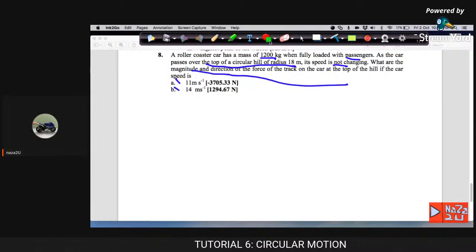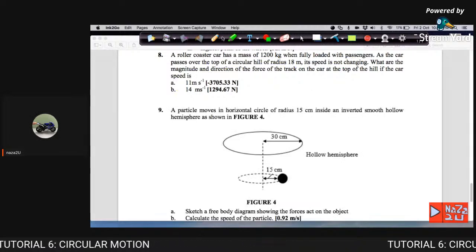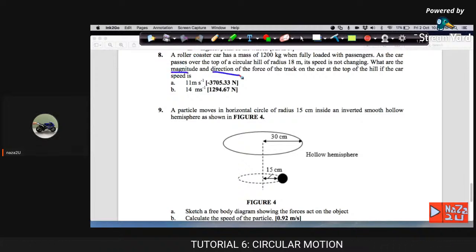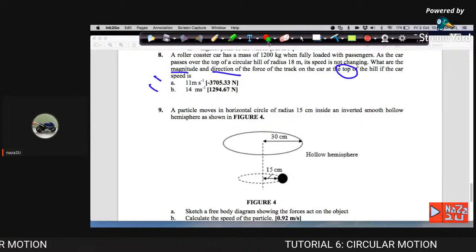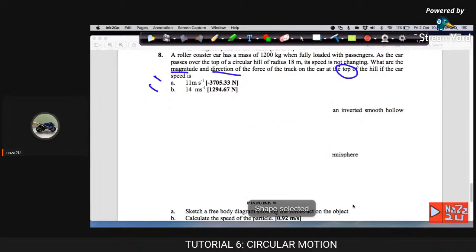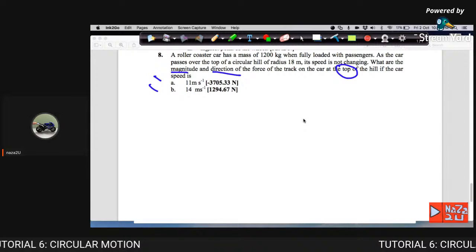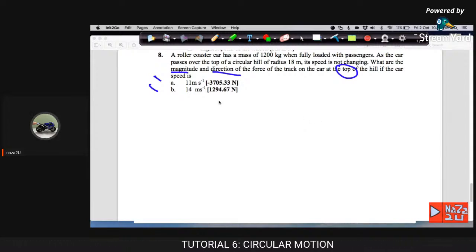Oh, ada soalan lagi kat situ ya. Okay. What are the magnitude and direction at the top, if the speed is 11 and 14? Oh, okay. Maksudnya kat sini dia bergerak okay, dalam circular path juga kat sini kan. So maksudnya kat sini dia nak dapatkan dia punya